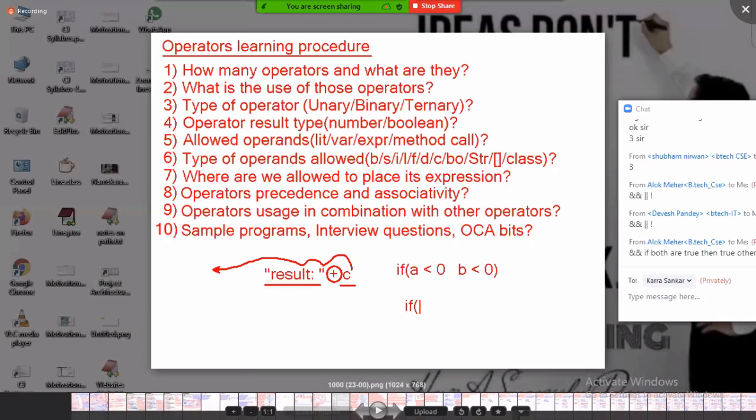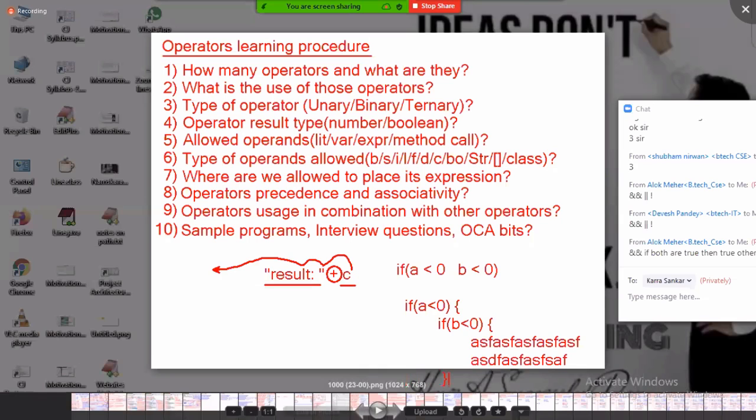Then what should we do? I must write inner if conditions. Inner if A less than 0, open bracket, and down you should write again if B less than 0, then now you have to write logic here. Everyone understand? So this is a little complicated logic we are writing. Lengthy code we are writing.